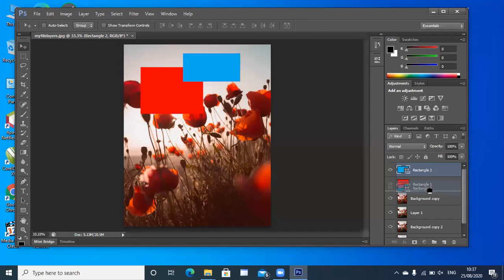If I want the red color on the top, I'll move the blue color down and you can see red is on the top and blue is behind. Right? Okay, so this is a very simple concept to understand layers. You can drag the one that you want on the top in the layers panel, just drag and drop it on the top. So that one will come on the top. And if you say the rectangle one, it's below.